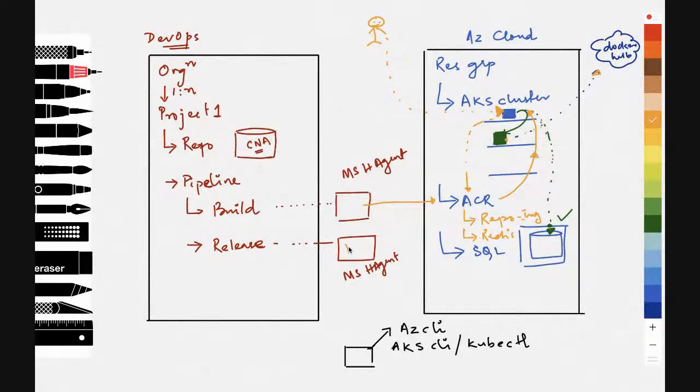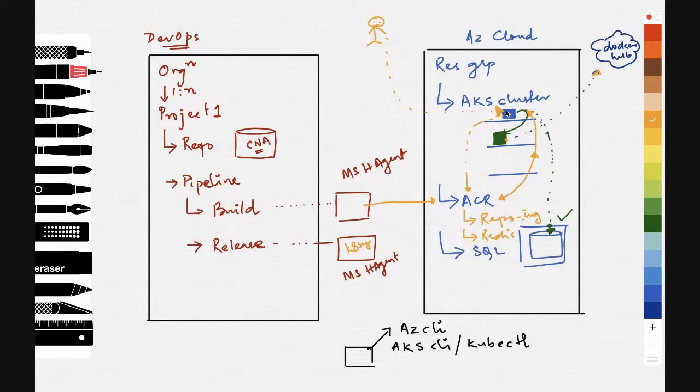When you are executing the Kubernetes YAML file here, it is actually interacting with your AKS cluster and the application gets deployed here. To deploy this application, it will go pull the image from ACR and deploy it.